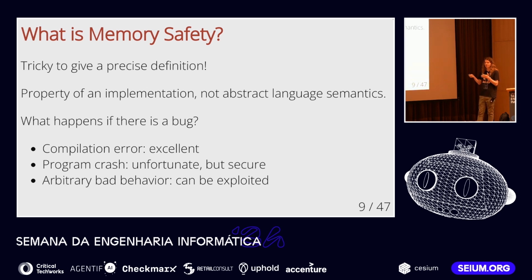So what is memory safety? What makes a vulnerability not just a vulnerability, but a vulnerability caused by memory safety? Again, this is something which looks like a precise term, but defining specifically what memory safety is is tricky. That is because memory safety isn't a property of the abstract semantics of your language. It is a property of a particular implementation. There could be less safe and more safe implementations of each particular language. So we are going to give a definition by way of example.